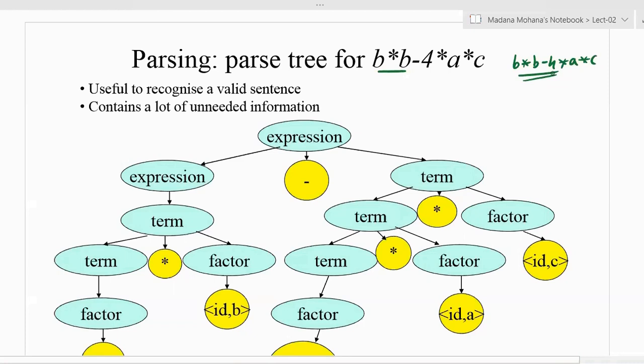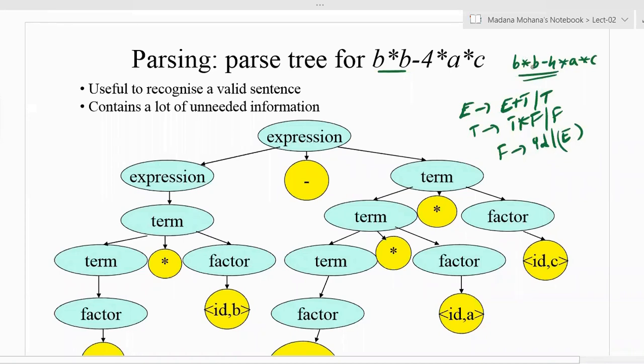So first we have to consider the grammar. Here the grammar is E derives E plus T or T, then T derives T into F or F, then F derives ID or E within parentheses. From this we have to derive the string.